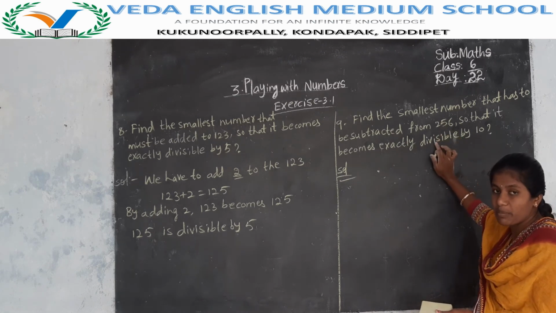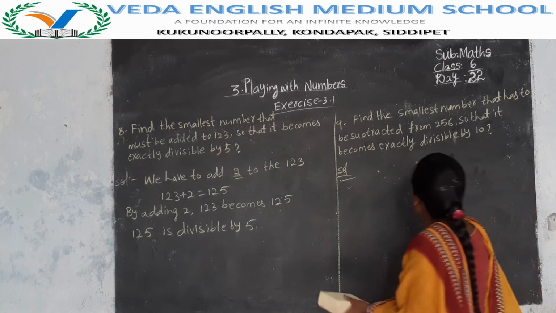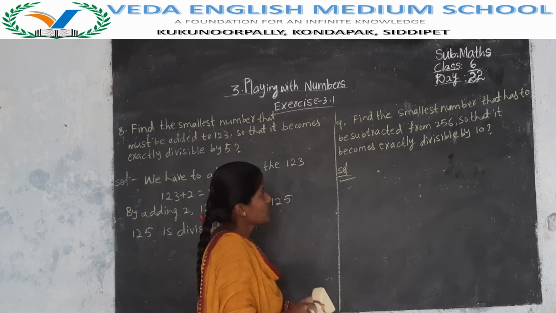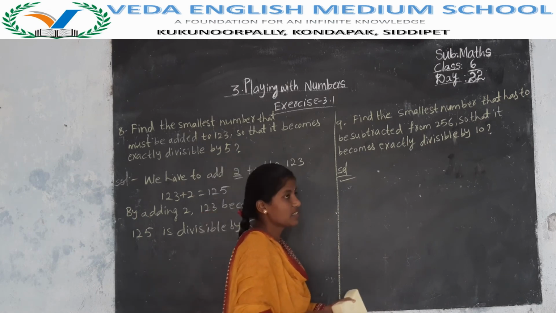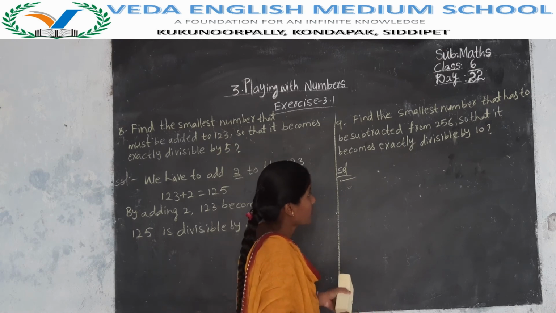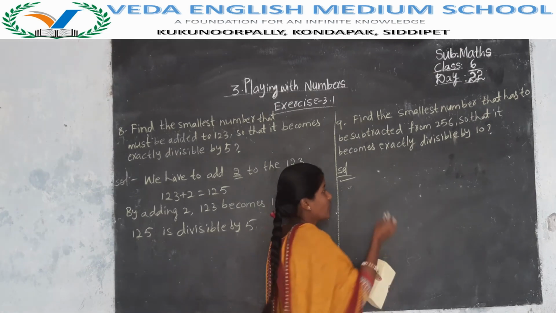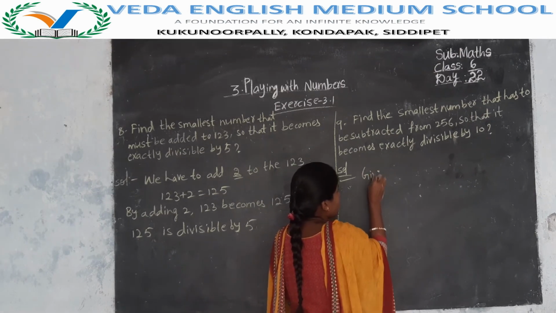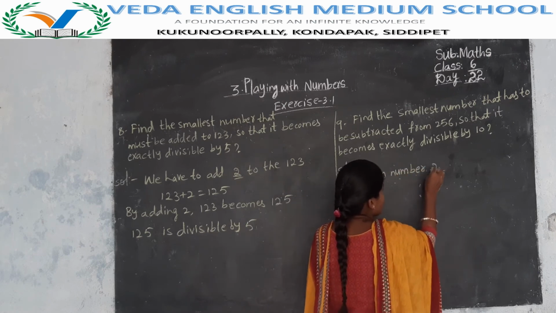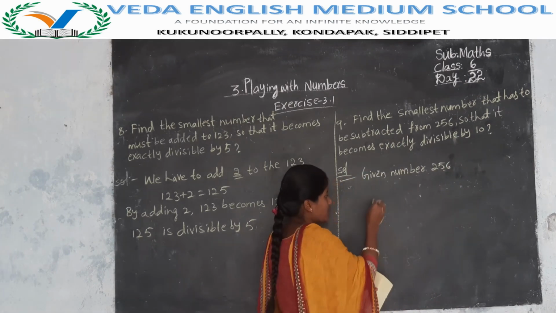They are asking which number to subtract from 256 so that the number becomes divisible by 10. Now the smallest number that has to be subtracted from 256 so that it is exactly divisible by 10, we'll go for one method, Nana, here. Now they are asking with divisible with 10, no? Now we are only directly subtracting here. Given number is 256. Now do division with 256.